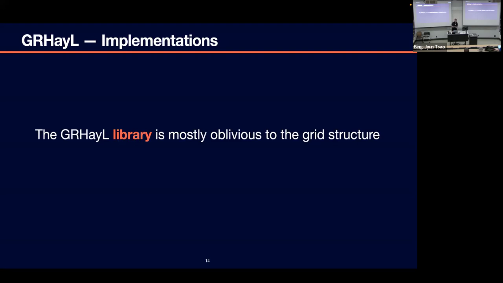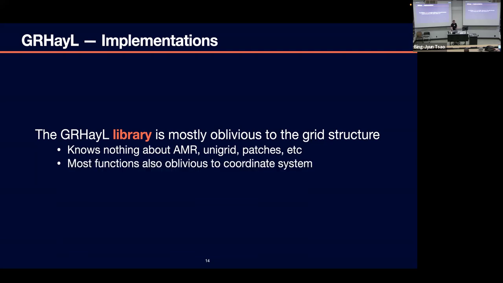So most of the functions are completely oblivious to the fact that your code might be doing unigrid, AMR, grid patches, and whatever, right? The functions really do not care about any of that. And in doing so, this makes them very, very GPU friendly.